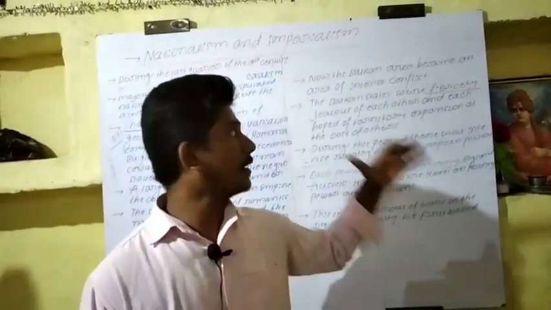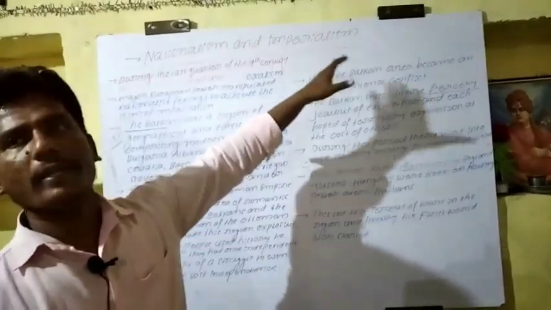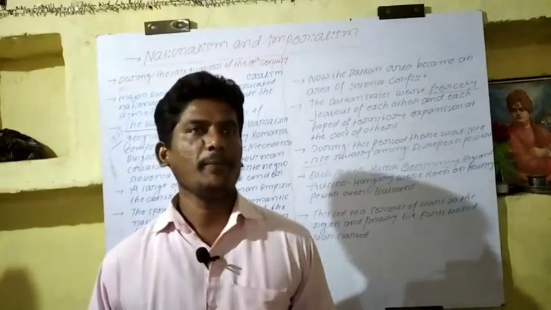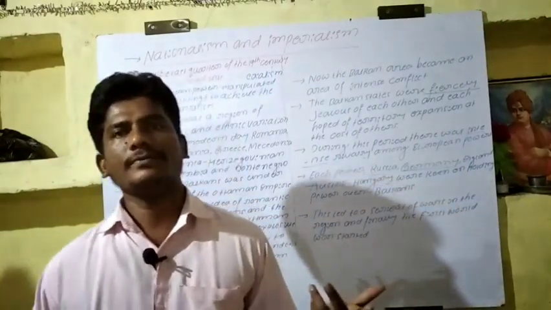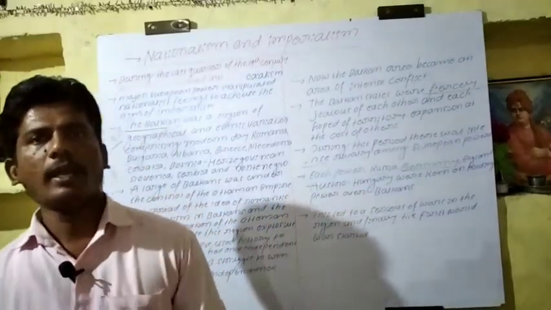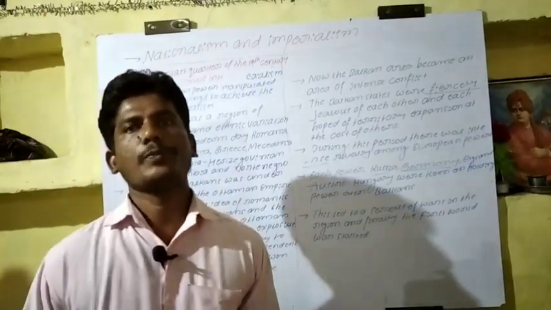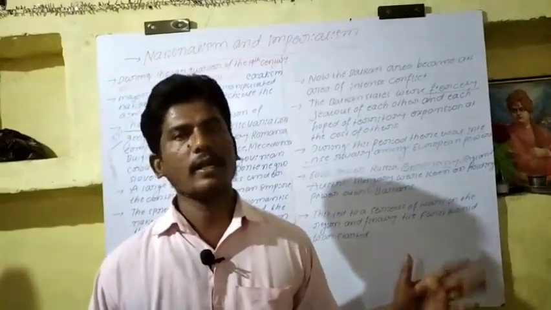Okay, I hope you understand the concept. Which one? Nationalism and imperialism. So how did nationalism turn into imperialism? In the case of the Balkans, the tension of the Balkans. How did the Balkan states become free, and how did the Balkan states go under the control of the European powers, how did the wars begin between the countries, and how the Balkan